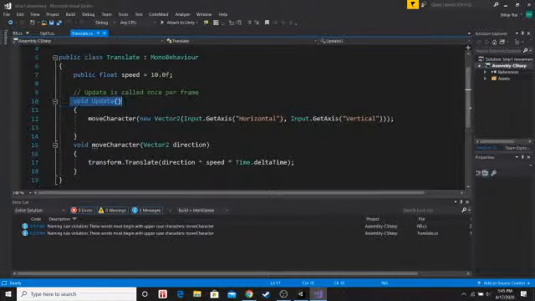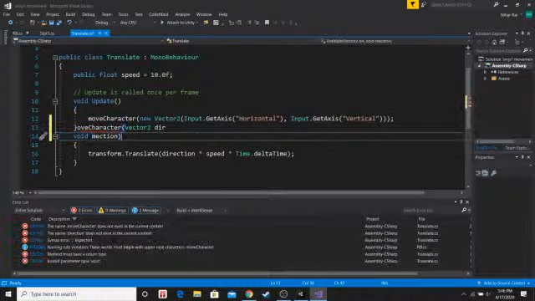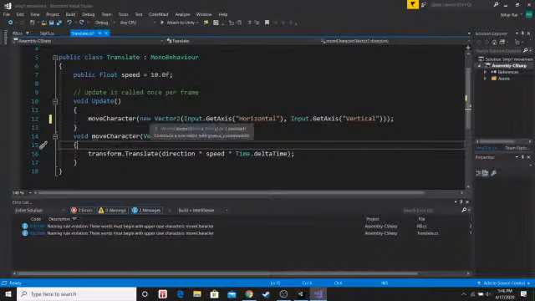Okay, so void update. As I previously mentioned, void update checks each frame of the game on what is happening in the game. So here I have something called move character. Move character is this function down here, and it'll take a vector. A Vector2 implies that it's a 2D vector, so only an x and y component exists. If it was just Vector without the 2, it implies it's a Vector3, which would have three dimensions. So the new Vector2